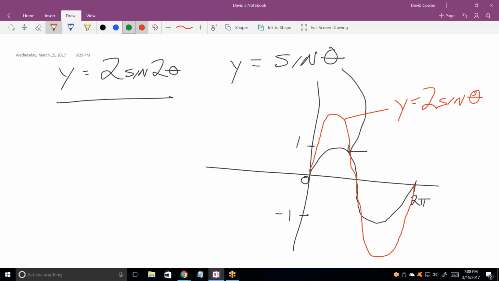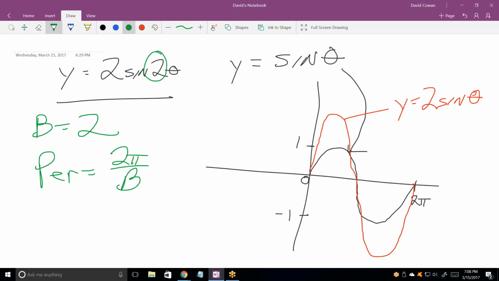Now, what's the consequence of this 2? Doesn't it change the period? It does, but that's also a horizontal stretch or compression. When you change the period, that's what you're doing: you're horizontally stretching it or compressing it. Now, that 2 is b, right? What's the period equal to in terms of b? 2 pi over b. Well, since b is 2, the period is pi,